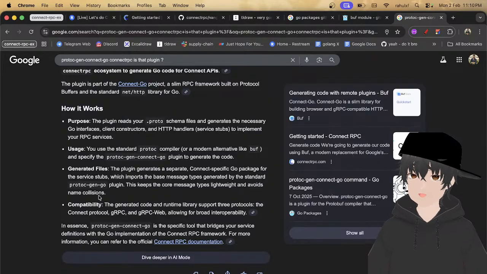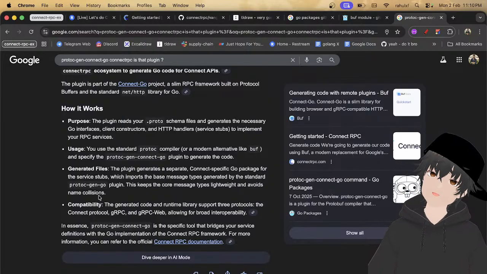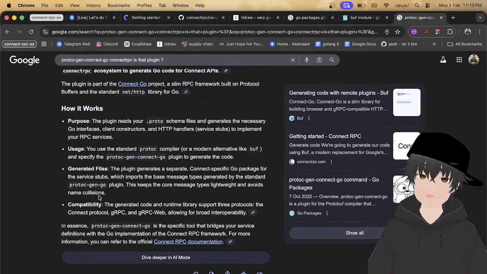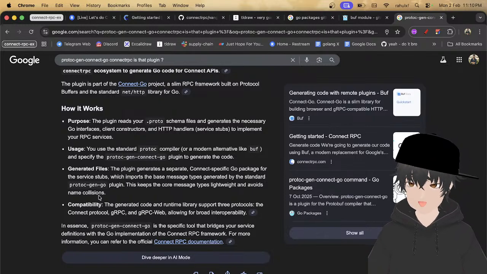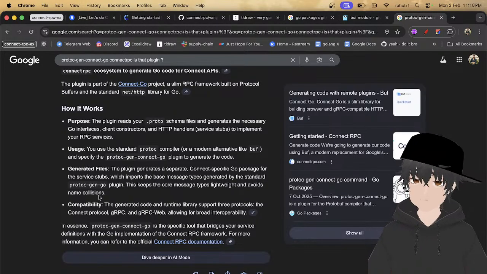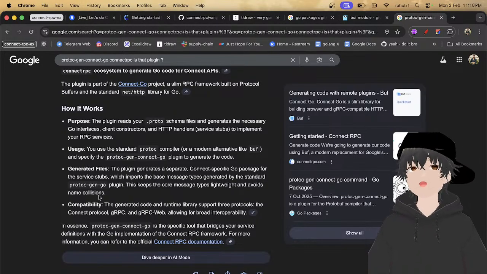Compatibility: the generated code and the runtime library support three protocols: the Connect protocol, gRPC, and gRPC-Web. This allows for broad interoperability.